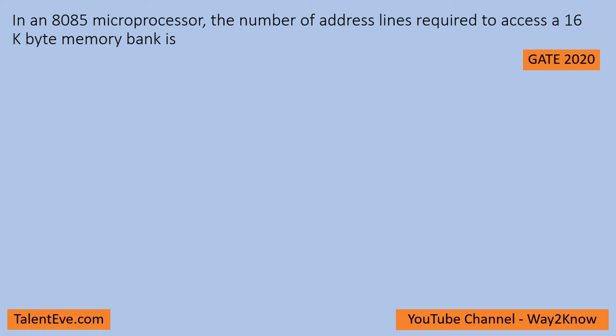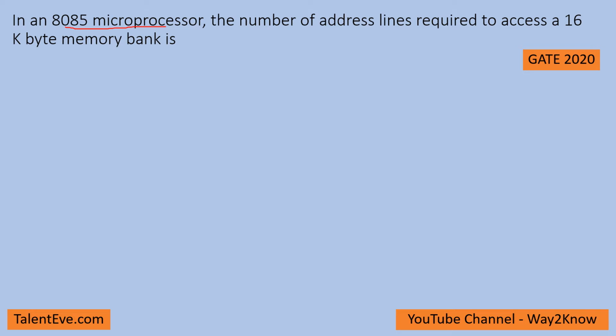Hello all, let us see how to understand this problem and solve it. What is given is an 8085 microprocessor. So this 8085 microprocessor has a number of address lines, which is 16, which is accessing the 16 kilobyte memory bank. So basically